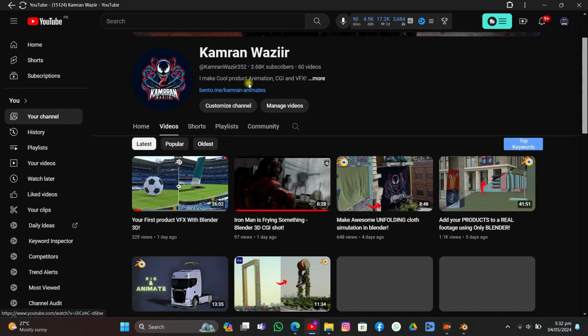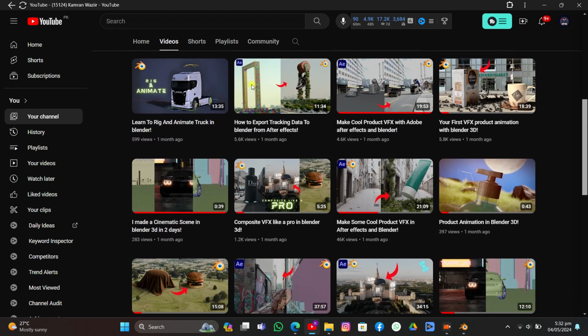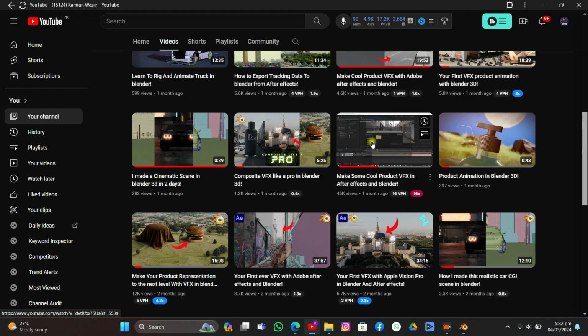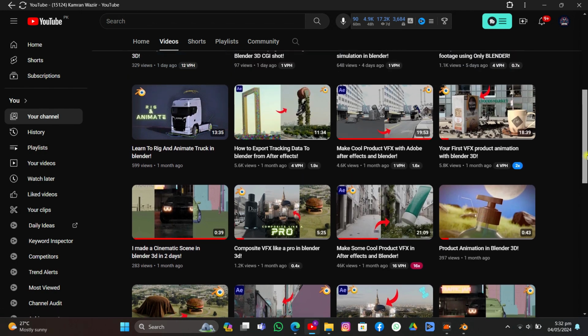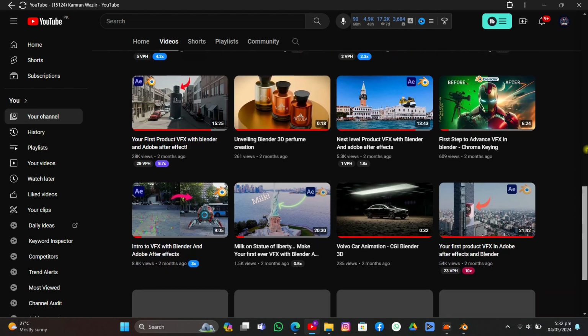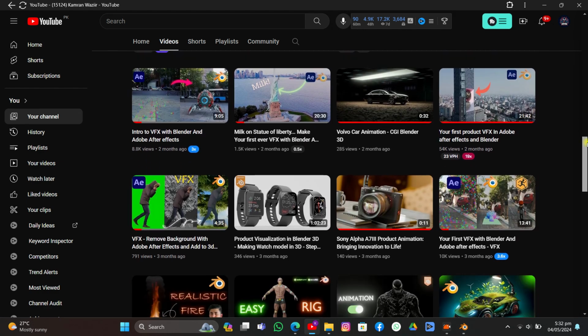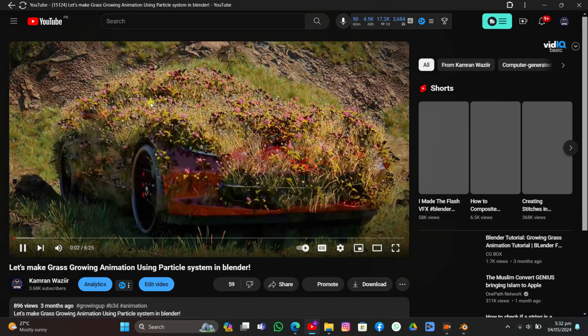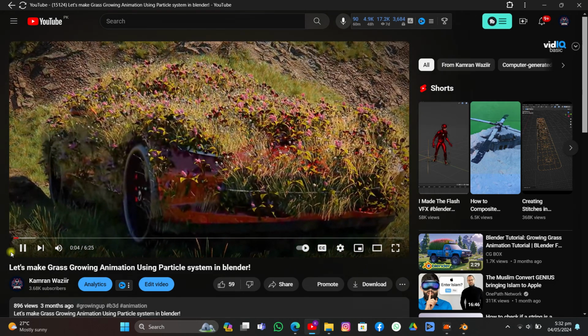Okay, so I have made a tutorial on how to grow some sort of vegetation in your live scene, as the tutorial is here. I have also made a tutorial on compositing, how to composite them in the final stages, and I also made a special tutorial on how to grow vegetation on something like that, which is pretty easy to achieve. So I'm going to put the link to the same